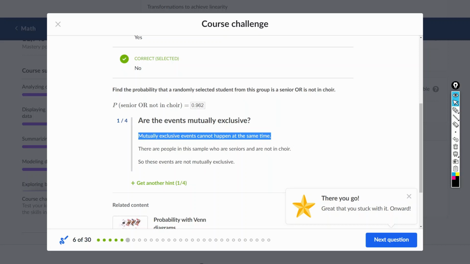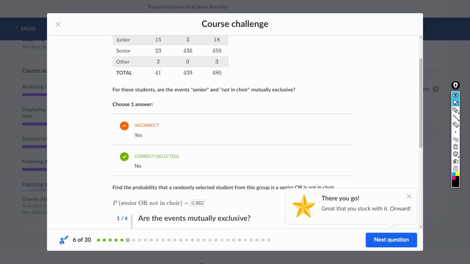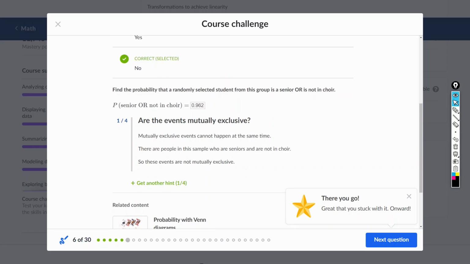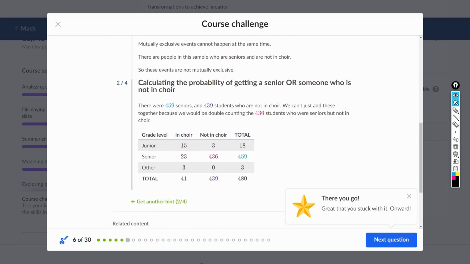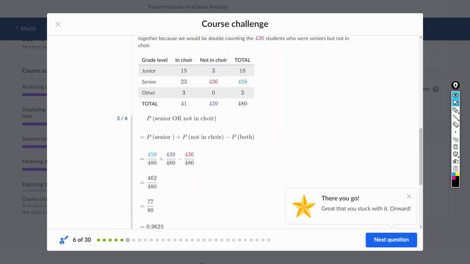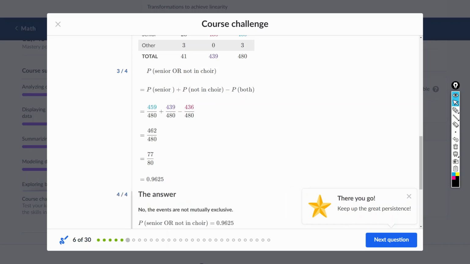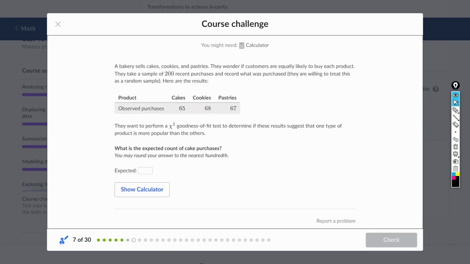There are people in the sample who are senior and not in choir. Mutually exclusive 就是不能同时发生，senior 和 not in choir 确实可以同时发生，所以它们不是 mutually exclusive。具体的计算没问题，把所有的加起来。